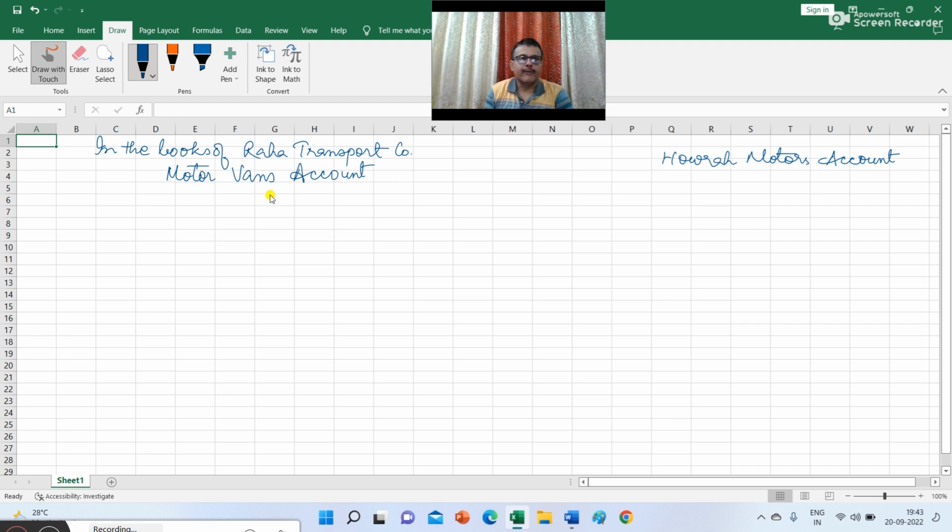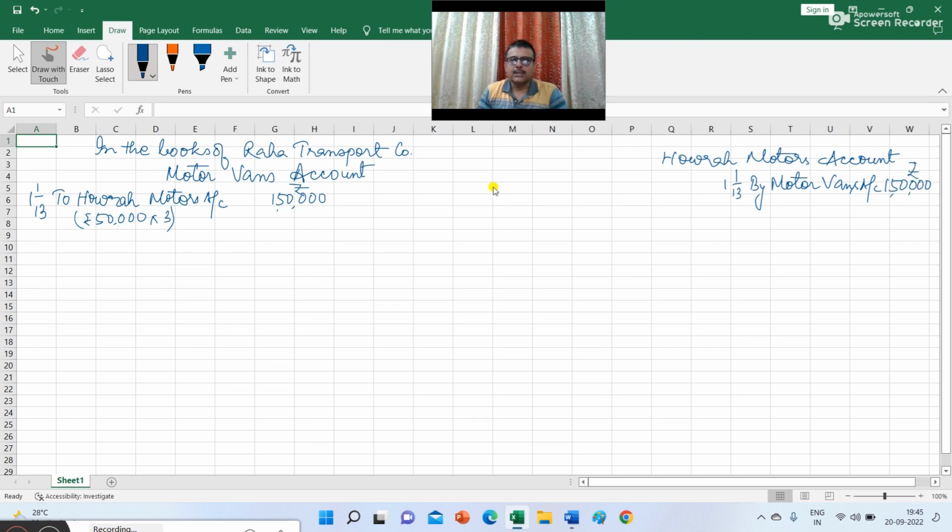So, in motor vans account, I am writing on 1st January 2013 to Howrah Motors account 1,50,000, that is 50,000 into 3. Now, in Howrah Motors account, I have to write on the credit side on 1st January 2013 by motor vans account